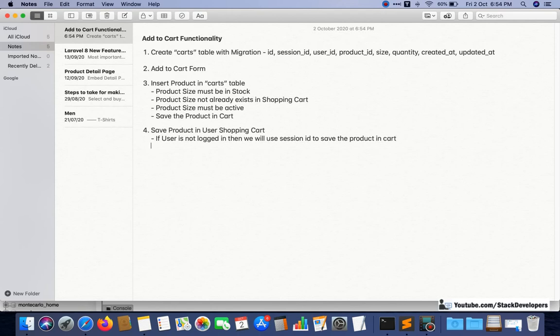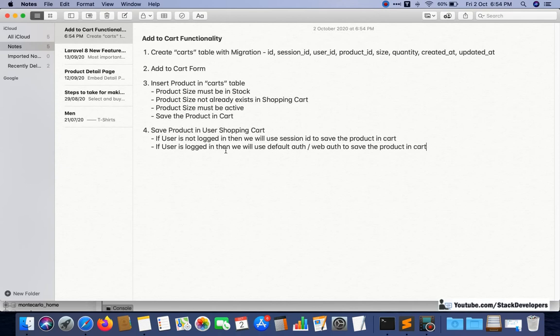And next, if the user is logged in with his username and email, then we will use default auth, or we can say web auth, or user auth, to save the product in cart. So these two things we need to take care of.